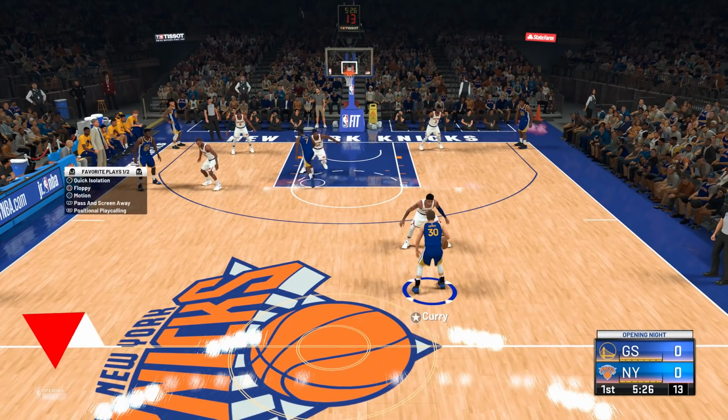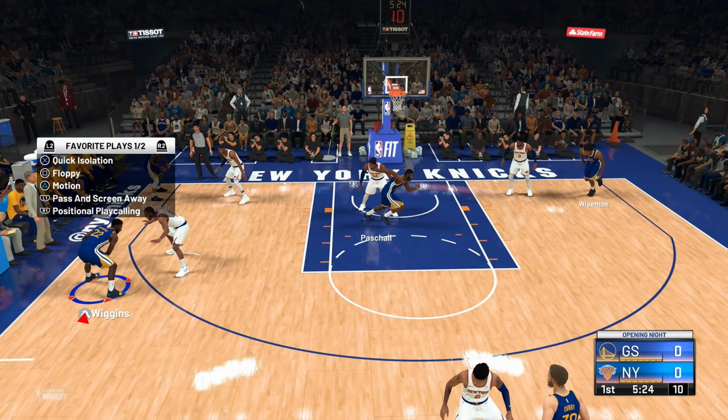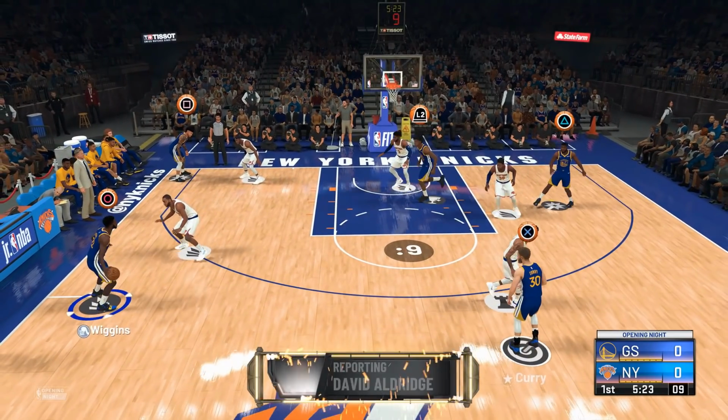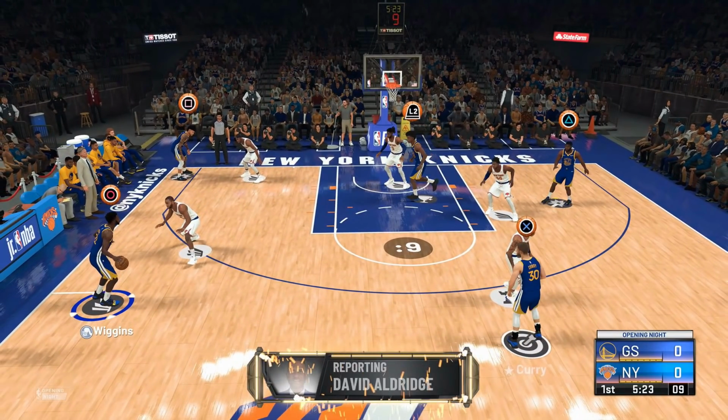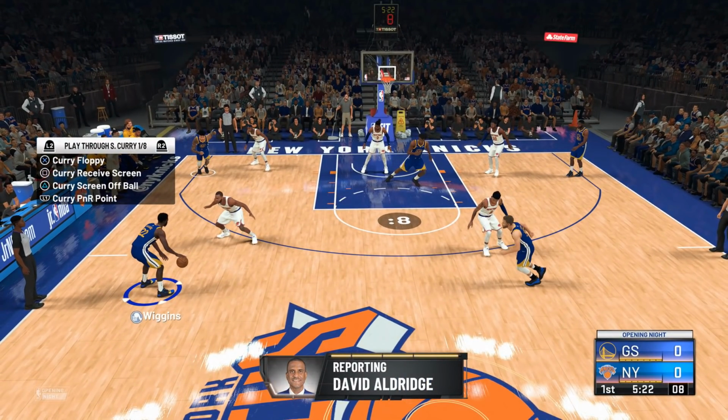Now, if you want to call a specific play for somebody on the court, by tapping L1 or LB, a screen appears, and on the first page, you want to hit the last option, Screen Positional Play Calling. And now everybody has icons over their head. So whoever you want to call a specific play for, hit their icon, and now the whole menu is specifically